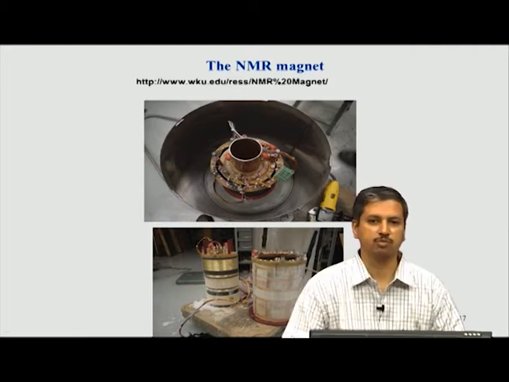In modern days, there are systems where you can actually recirculate the liquid helium. So, whatever has evaporated, you can condense it and bring it back. So, you can have what is called a closed loop system. The only thing is that it causes some kind of vibration. So, it is not very popular these days for high resolution NMR, but when you go to MRI, it essentially relies on that. An MRI system, that is magnetic resonance imaging, is similar to NMR. There the magnets are big, and the system is a closed system, and whatever helium is slowly evaporated from here is condensed and brought back. So, this is how the NMR magnet system works.